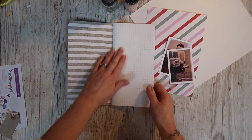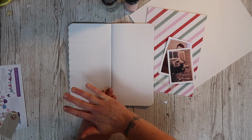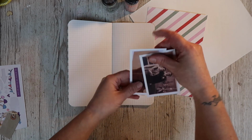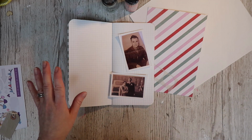So I'm going to jump in. For some reason, I don't want to use that first page. Does anybody else ever feel like that? I want to spread this story over 2 pages. I've printed off the photograph and I'll share the story with you in a moment. But the next thing I wanted to do,